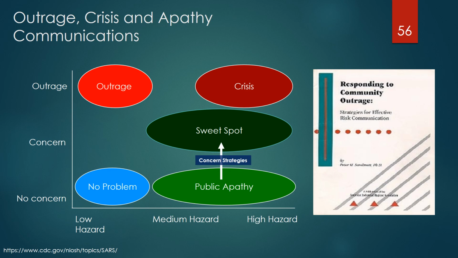The blue oval represents a situation of low concern and hazard, the area of no concern or problems. We would love to live in that oval, but that's not reality. The red oval is the area of high concern to the point of outrage, but low real public health risk or hazard. There is a strong element of irrationality and emotion in outrage. According to Dr. Sandman, special skills in outrage management are required to handle situations like this.